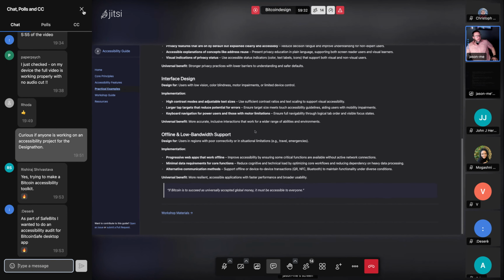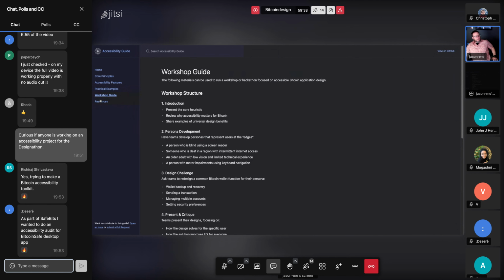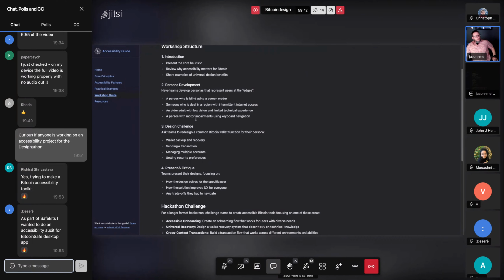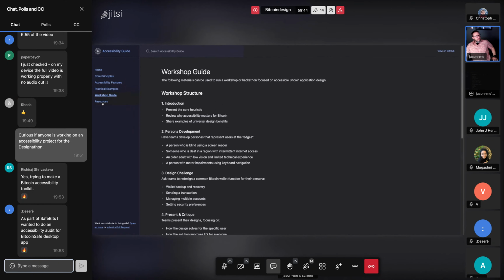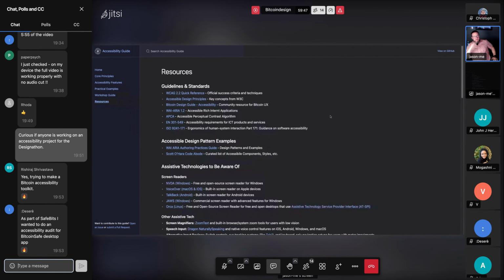I have a workshop guide. I may change this up before we do our first couple of workshops on the 15th, so I'm open to any comments, suggestions, feedback there. And then the resources list is really the most extensive part. It's long and growing, and there's a lot of really good links here, a lot of good links to the standards. So we have WCAG